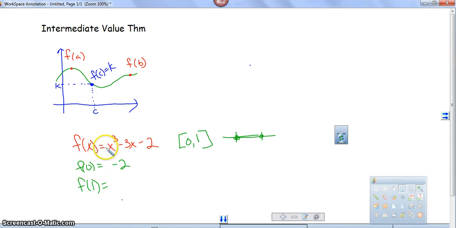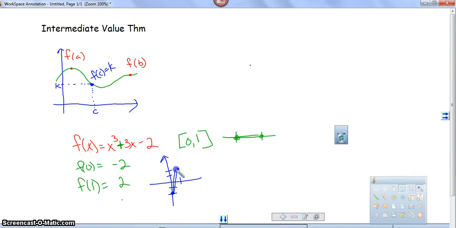I think I just lied there. Let's make this a plus. Sorry, go back up, change this, my fault. Alright, so if I plug in 0, I still get negative 2. But if I plug in 1, I get 1 plus 3, which is 4, minus 2, which is a positive 2. Which just told me that at 0 I was at negative 2, and at 1 I'm at positive 2,